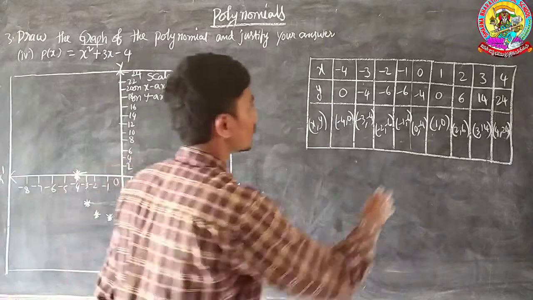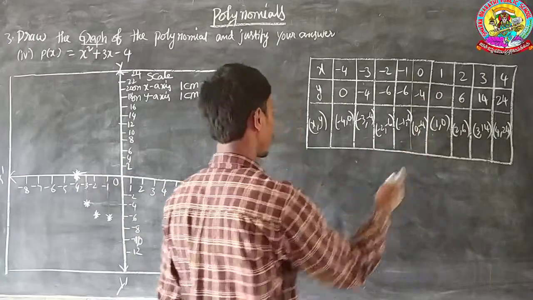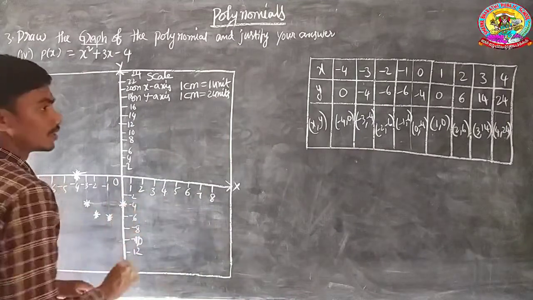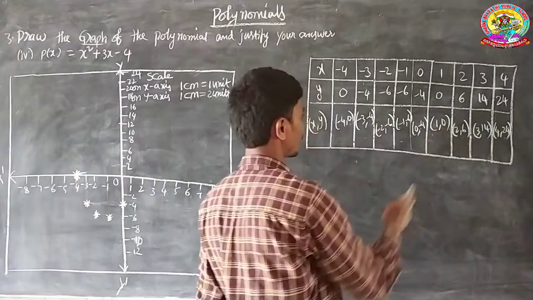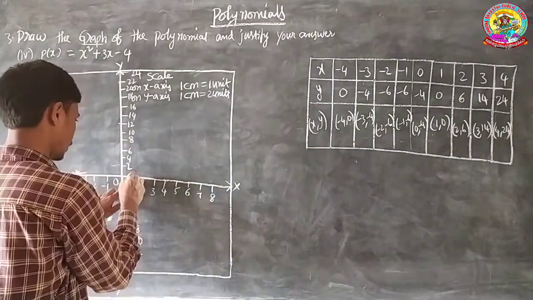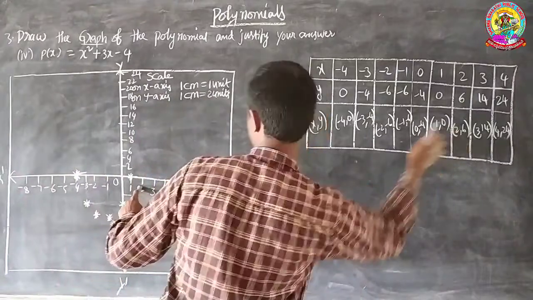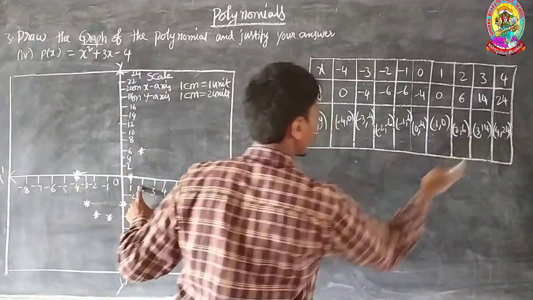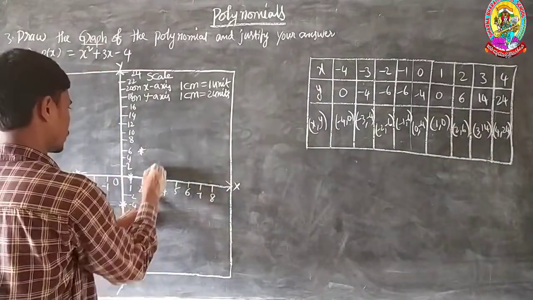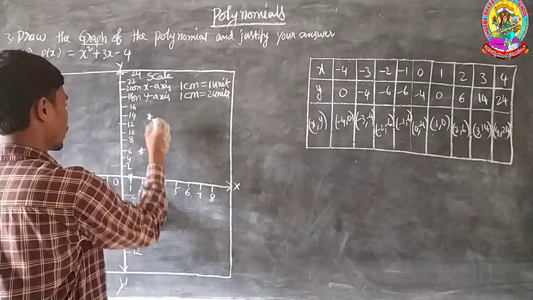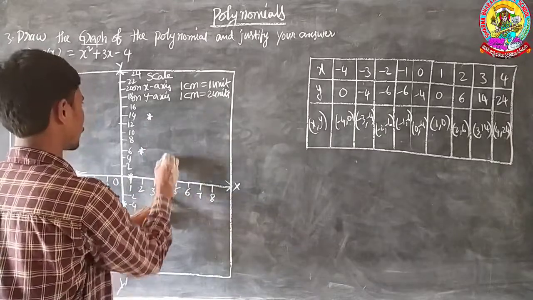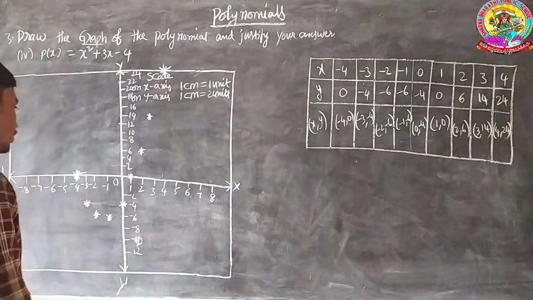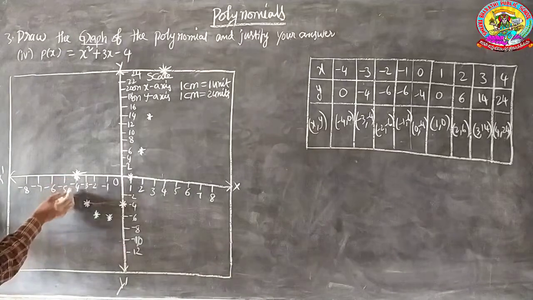Next, 0 comma minus 4. Next, 1 comma 0. Next, 2 comma 6. Next, 3 comma 14. Next, 4 comma 24 is here. If you draw the graph or join the points,